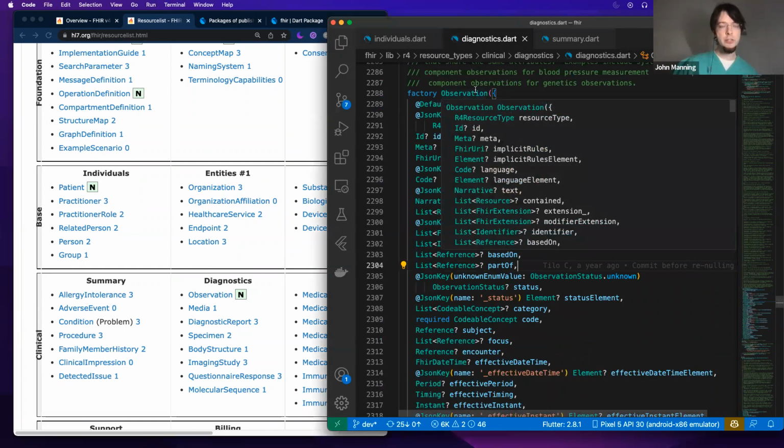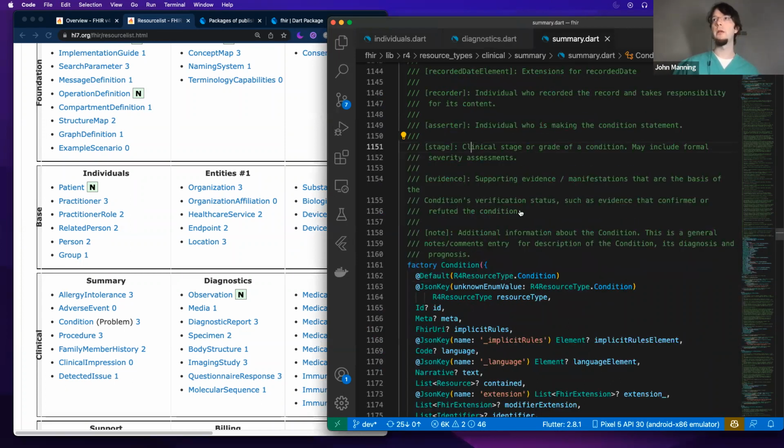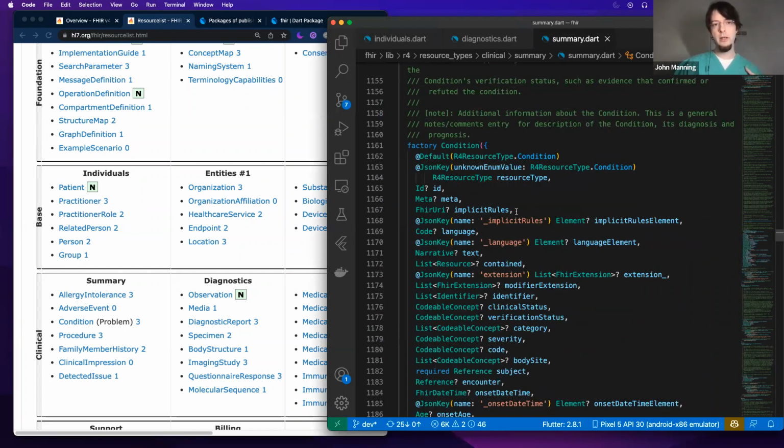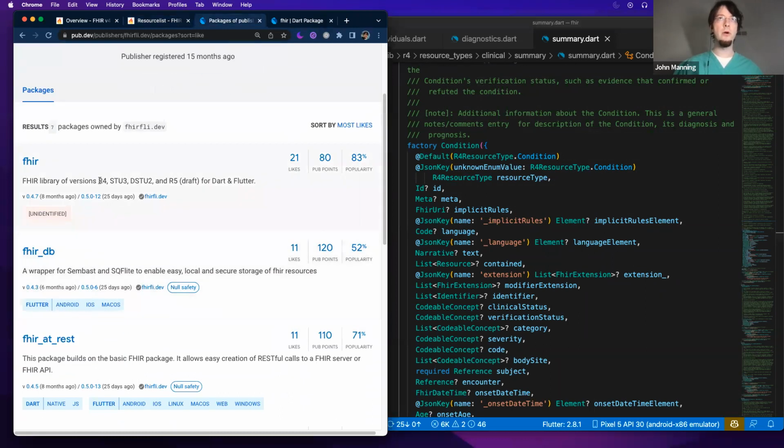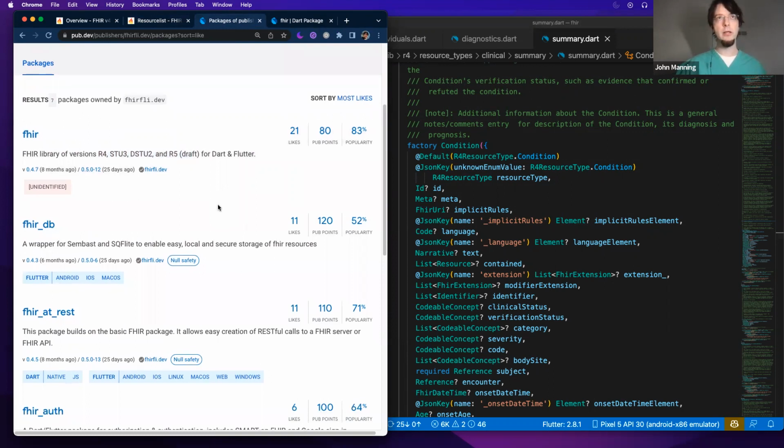For an observation, like a vital sign or a blood pressure, we have the same thing. And for a condition, either part of your ICD-10 diagnosis or a patient-generated health concern, we've essentially made that whole thing available. And for all of the versions that currently exist, R4, STU3, DSTU2, and the R5 draft, including all the testing that's also associated with